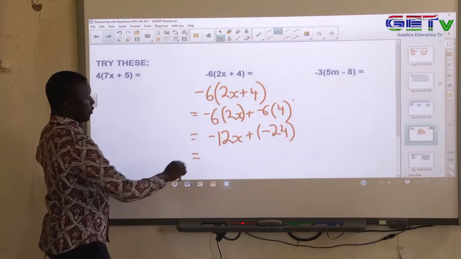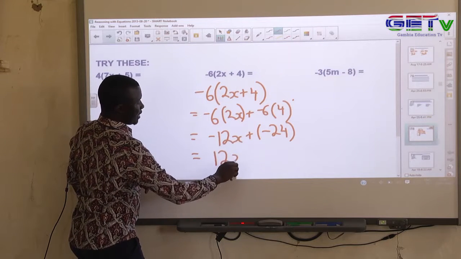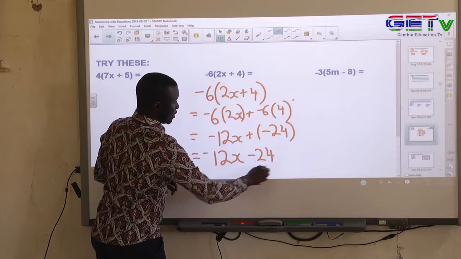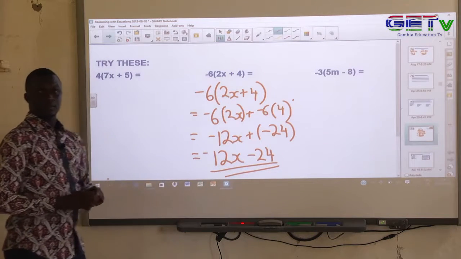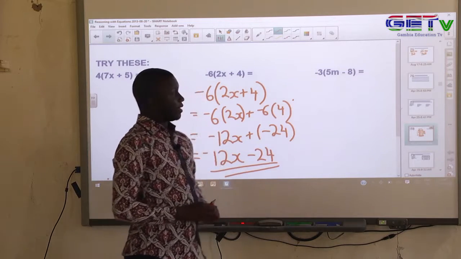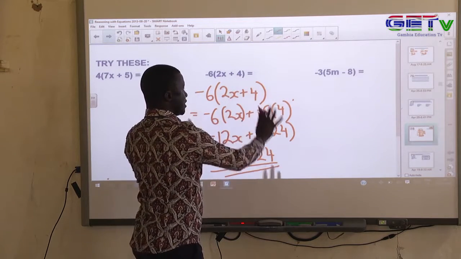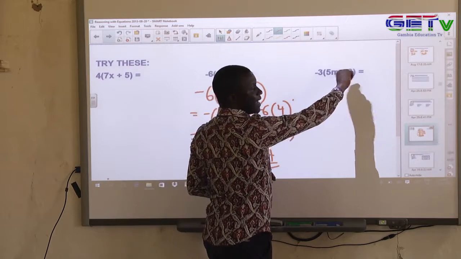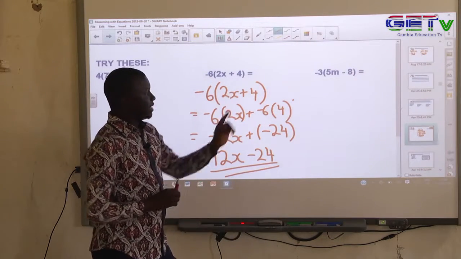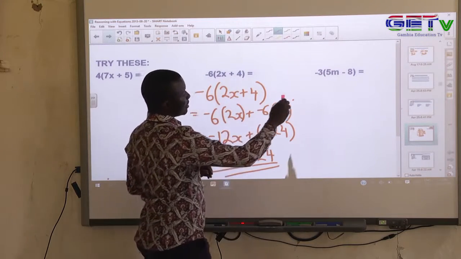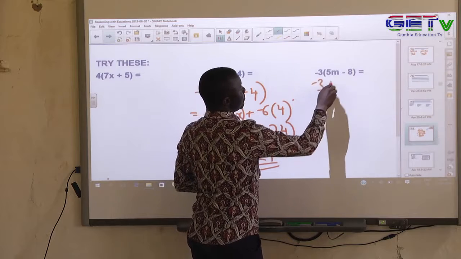We can further rewrite this as negative 12x minus negative 24. Sorry. Let us do the final one together. It is the same way as we have done this one, but now we have a negative sign inside the bracket as well. And this negative sign will definitely affect the negative sign that is inside the bracket. We rewrite,